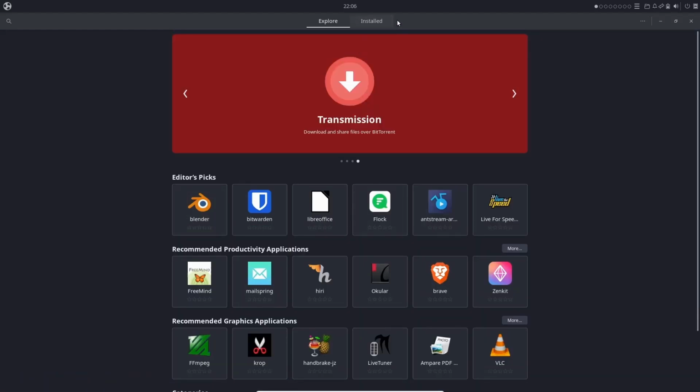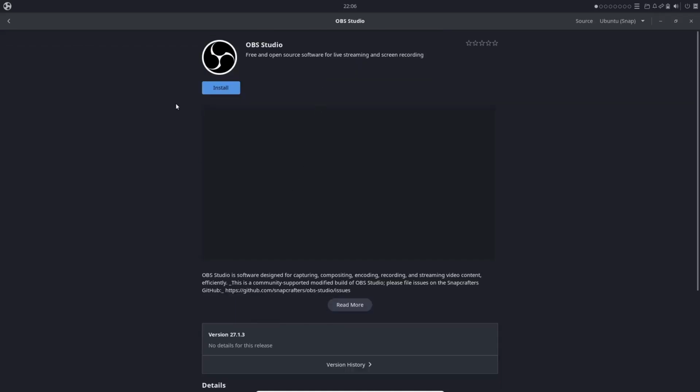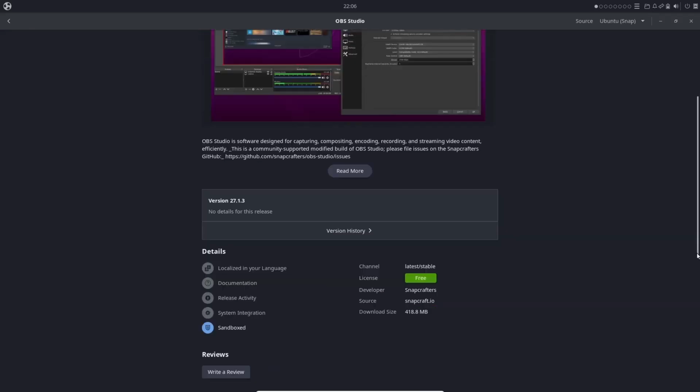And then you could go up here and it would show what's installed on your system. And then of course you could come over here and do a search. I don't know with it not being installed if it'll do a decent search, but we're going to try. OBS Studio. And there's OBS Studio. It pops right up. And then I believe when you click on it, you got the option to install. And then down here on details,